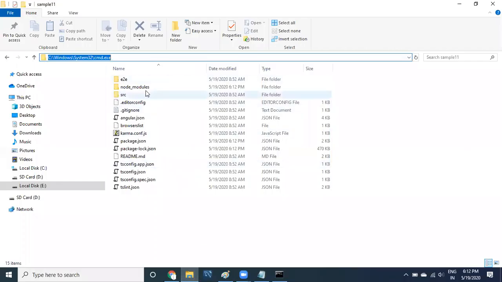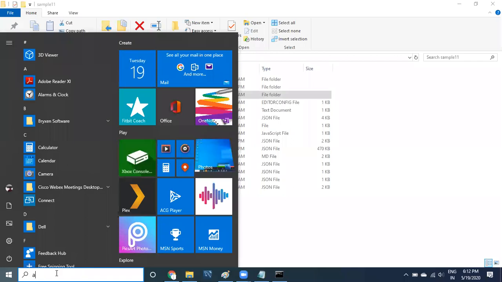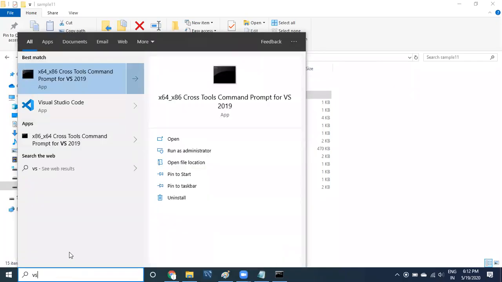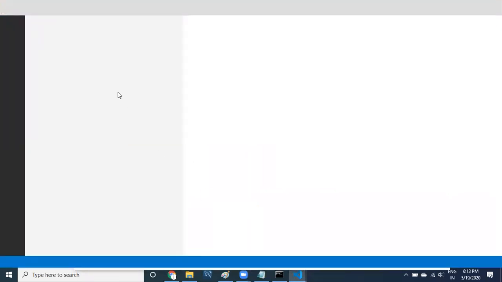Open this code in Visual Studio Code. Open the code.